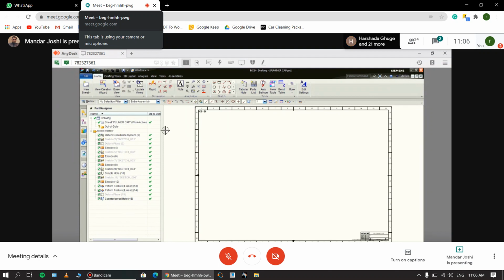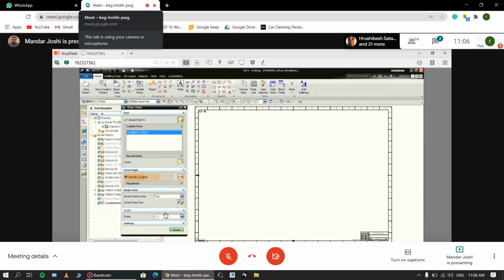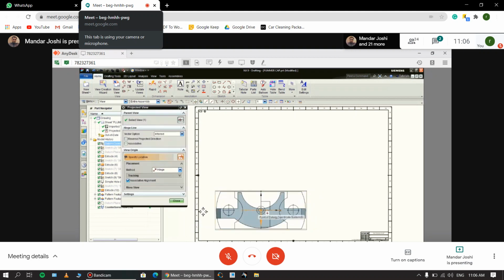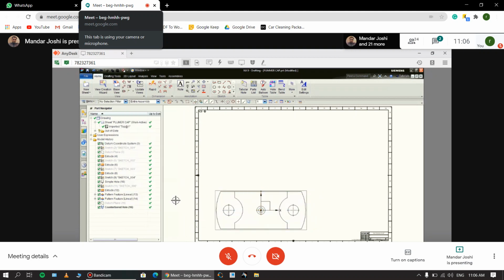Okay. After that, go to this base view. I want the first view as a top view here, and for the scaling factor I want to enlarge to 5:1. Place your view first here. For the second view I need a section view, so I close it.